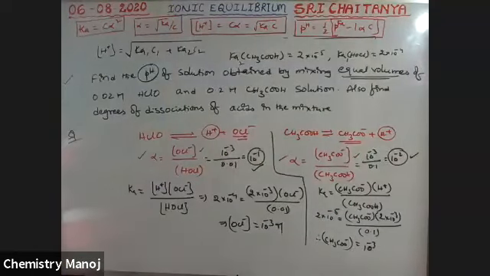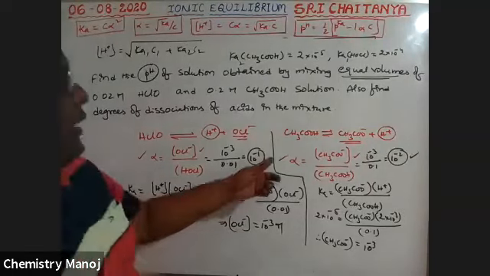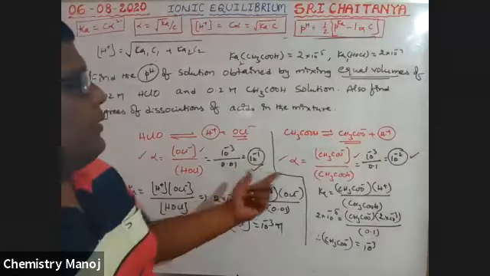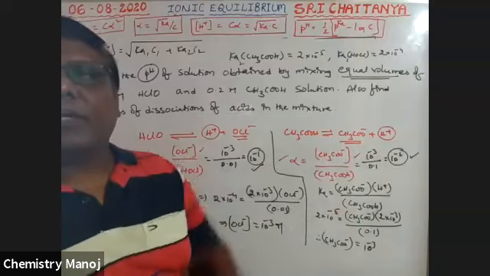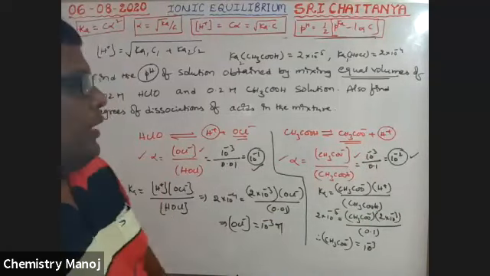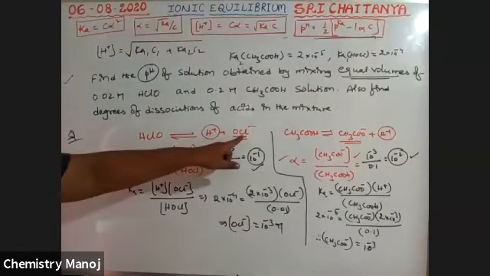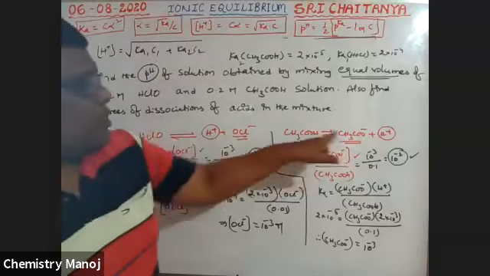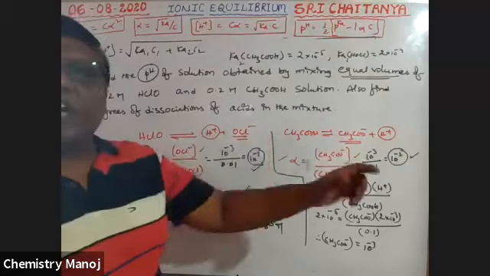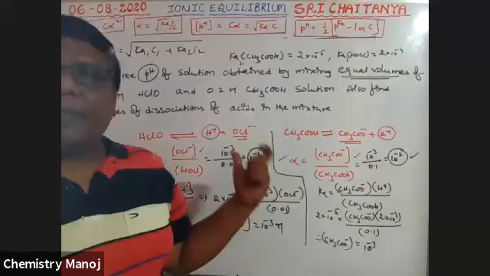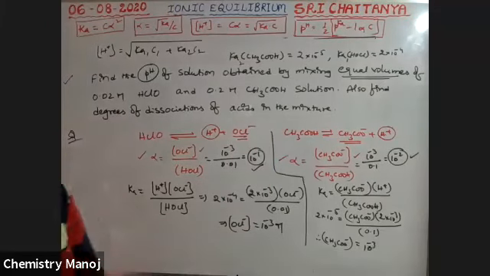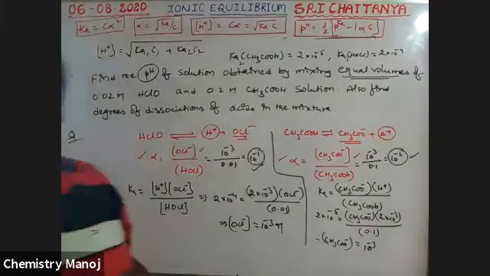Percentage alpha is what? Into 100, it is 1 percent. Okay, so this is the way to find the alpha values. The alpha value is its own concentration by the total concentration, because the H plus concentration is not from the same chemical. That H plus concentration is not used like this.